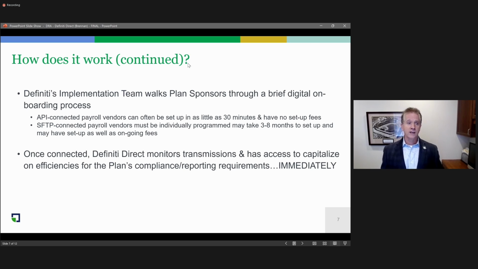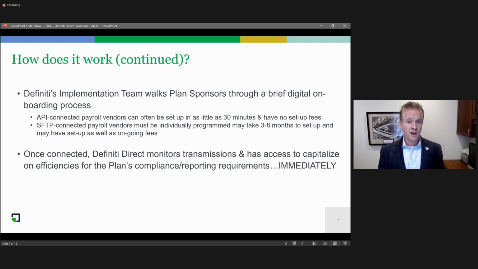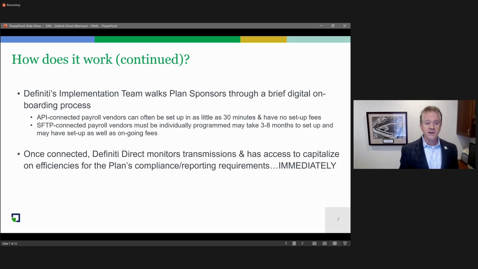That's something that certainly the Definiti team, upon our launch, will be able to discuss with you and the plan sponsor who may be interested in the service. But once the connectivity is completed, Definiti Direct monitors the transitions and has access to capitalize on the efficiencies for the plan's compliance reporting and testing immediately.